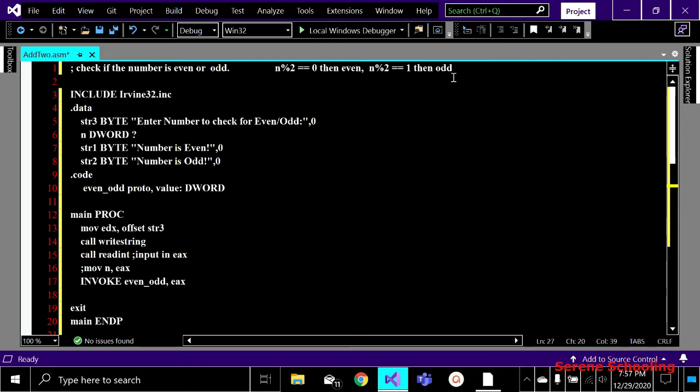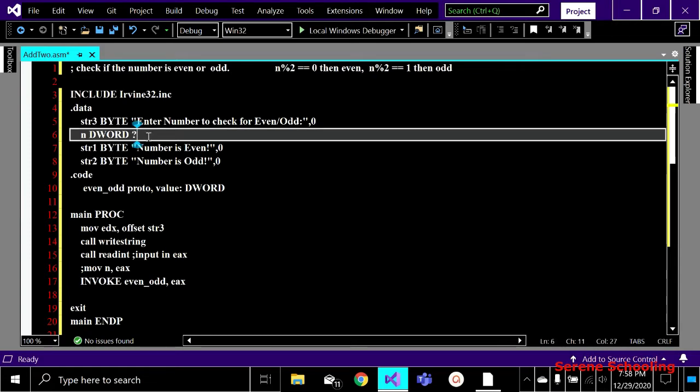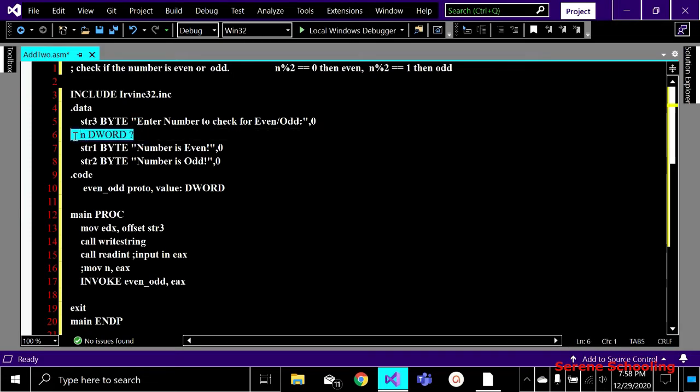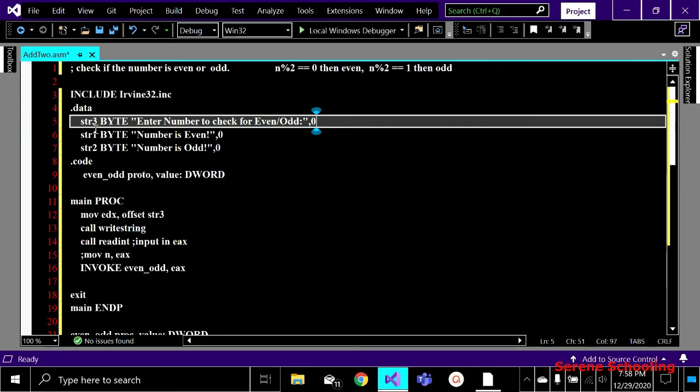That's just a general hint, but in coding we will see over here how we implement this. Inside my data part, I'm asking the user to enter a number to check if it's even or odd. I will store that number in n later on, because after this input, the input gets stored in EAX. We can even go without this; I will show you how to just deal with EAX instead of using any other variable, because by default its answer will be in EAX.